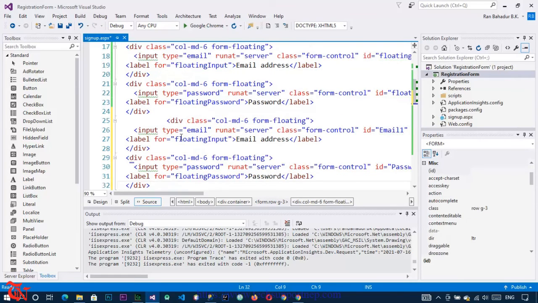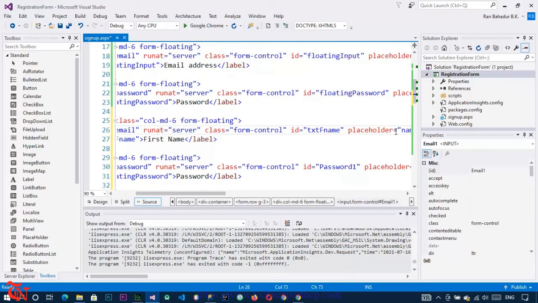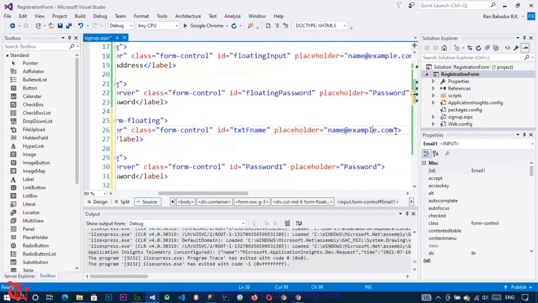Here I'm going to change this label for txtfname, and here goes first name, and simply delete that address,